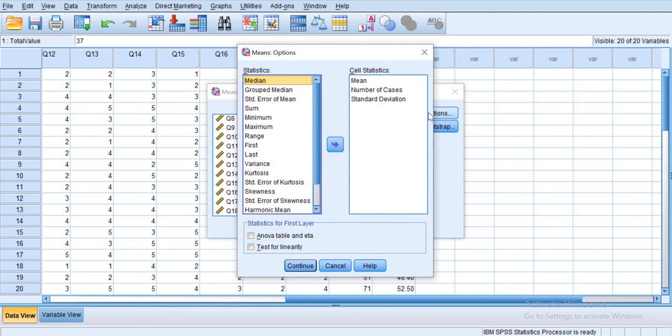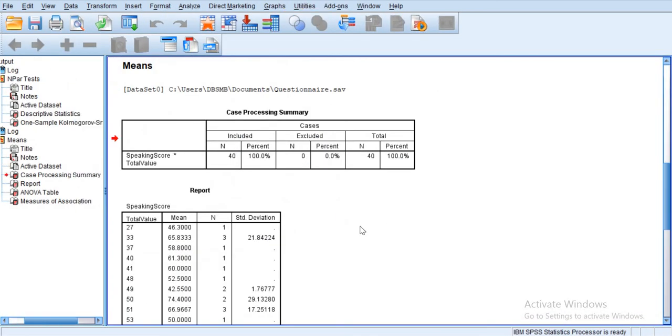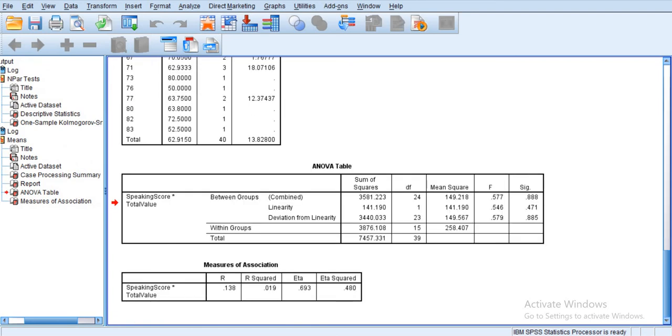Options, test for linearity, click OK. For the linearity, take a look in the ANOVA table, and we have the deviation from linearity, and we take a look at the significance of the deviation from linearity, in which the significance should be higher than 0.05 to say that the data or the variables have a significant